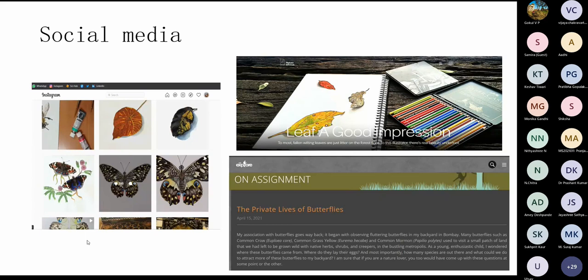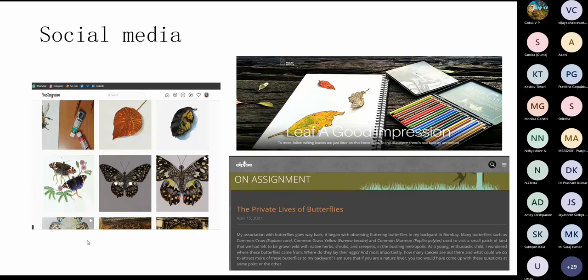Initially, the idea behind painting the leaves was twofold for me. One was to highlight the diversity of plants that are there, and the other was to discover the things that one might miss when observing trees, leaves, fruits, flowers, whatever. That was the pattern of the venation, or how the leaves are arranged on a branch, or how the inflorescence looks, because these are really important things one has to observe when it comes to scientific illustration.